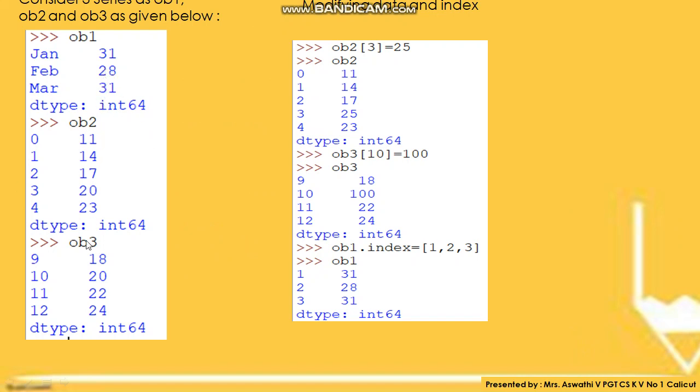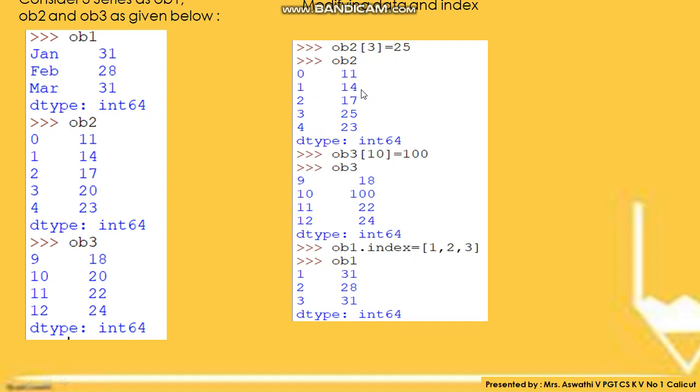Consider these three series that we are going to work with, OB1, OB2 and OB3. See how data is being modified here. I have first tried to modify OB2. OB2 square bracket 3 was 20. I am writing OB2 square bracket 3 is equal to 25.